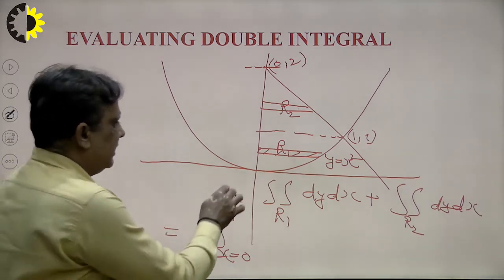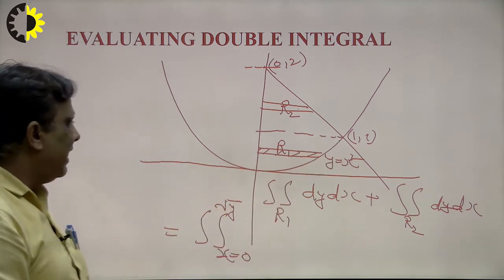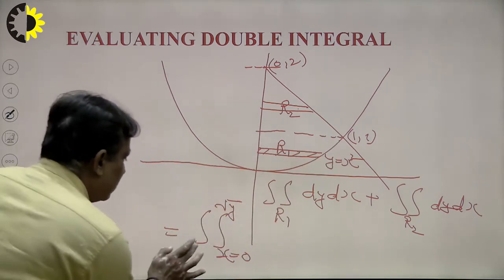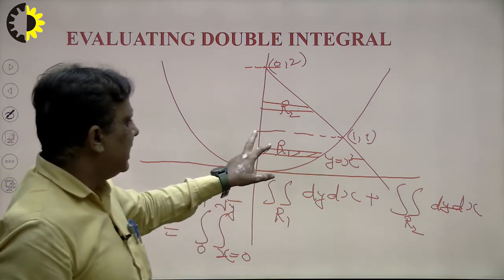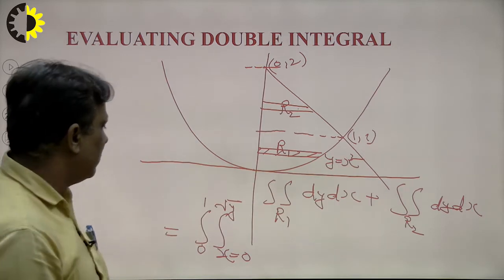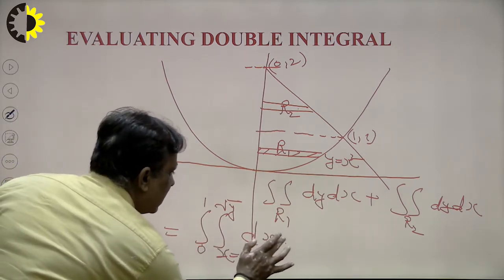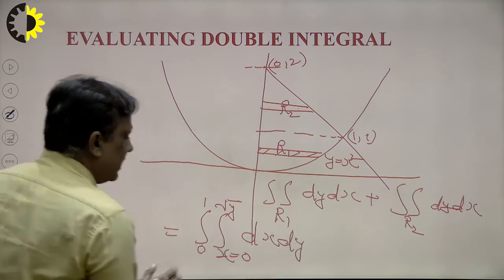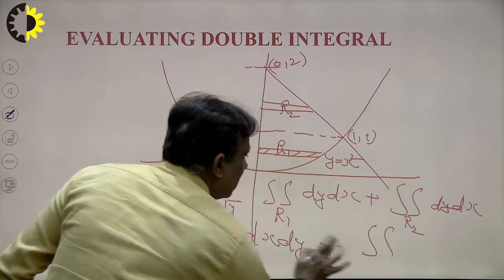Now we see here there are three coordinates, first, second and third. And what will be the value of y here? It is 0 to 1, because the coordinates are (0, 0), (0, 1) and (1, 1). So the limit of y is 0 to 1, and I write here first dx and then dy. Now how to take the limit of R2?